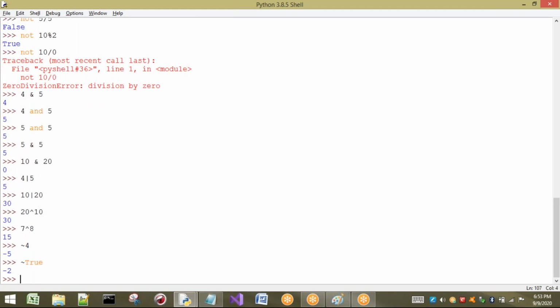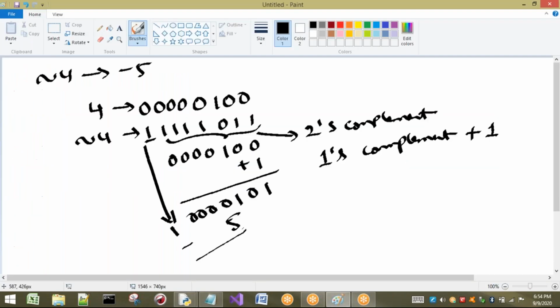The reason is, this complement is what? This complement is bitwise complement. But where are the bits in this one? There are no bits. So we are going to consider this true as 1, because we require what? Bits. For true we are not having any bits, so internally true will be treated as 1. So we have to consider negation of 1, that is complement of 1.